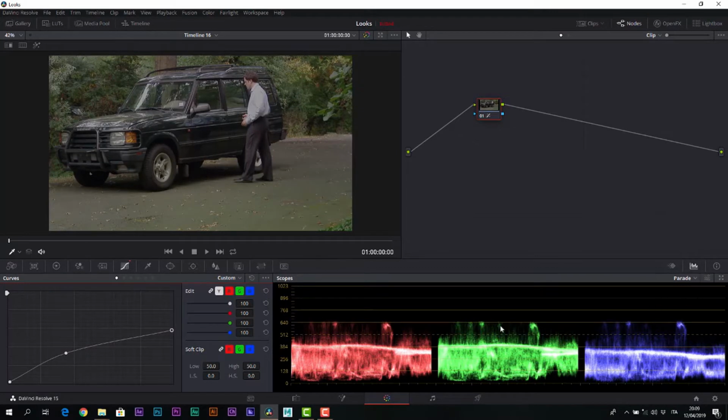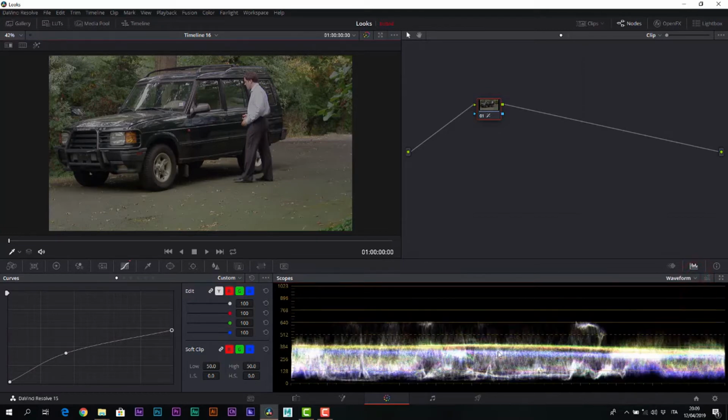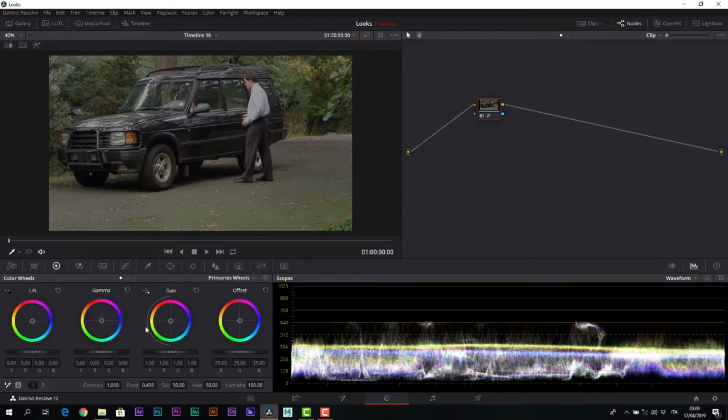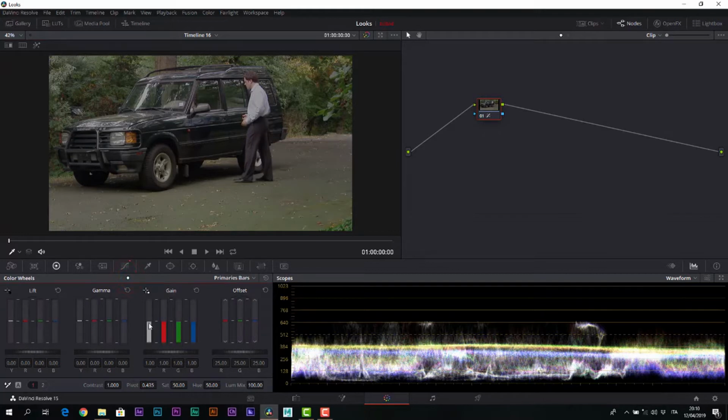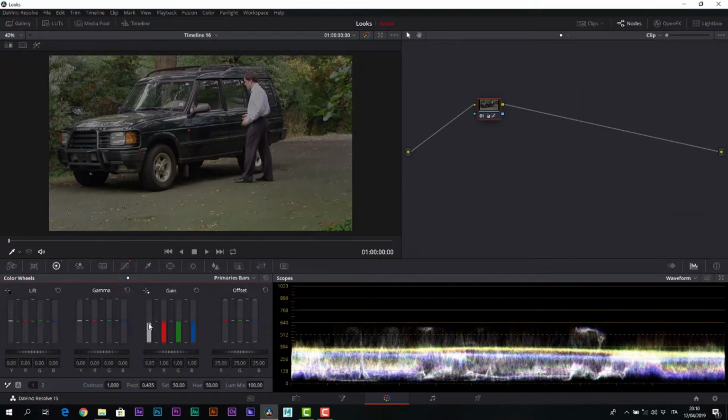Let us move on to the waveform monitor, which helps us better to see how all the elements are compacting towards a very low range of information. The other step to take at the same time, after having knocked down the highlights, is to reduce the gain and the gamma, operating specifically and exclusively on the luminance values. Through the bars, we lower the gain and a little bit the gamma as well, to make the whole image a little darker.